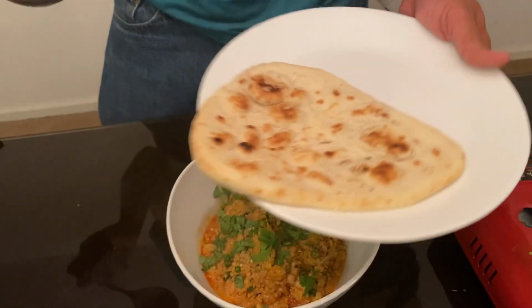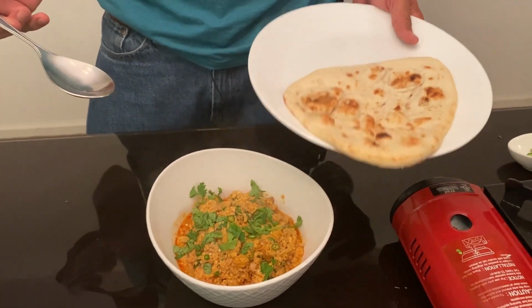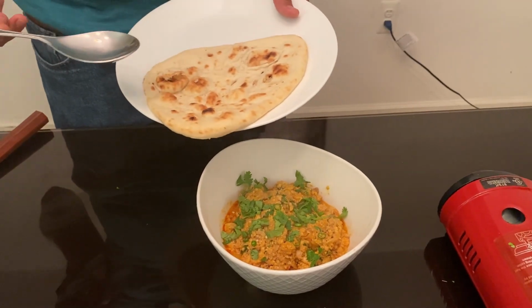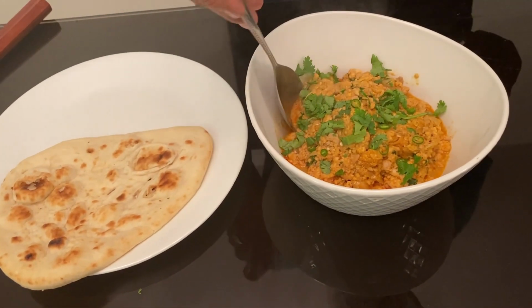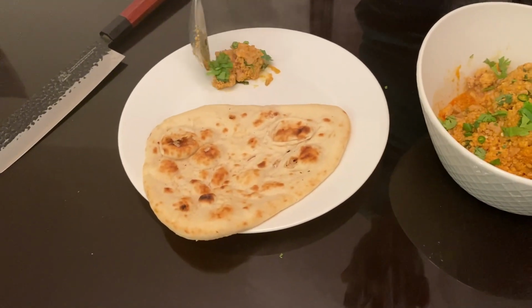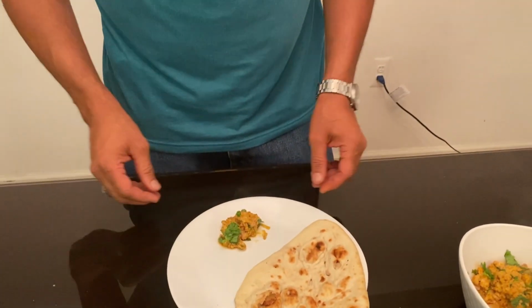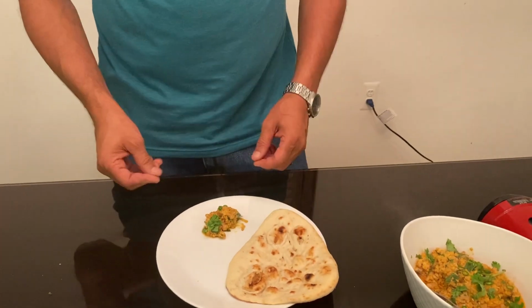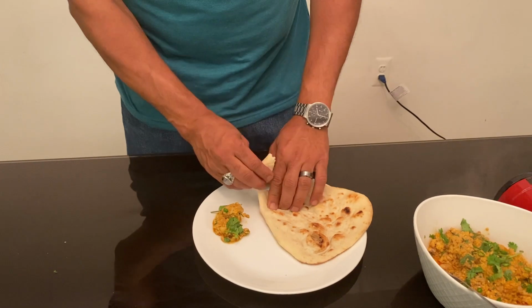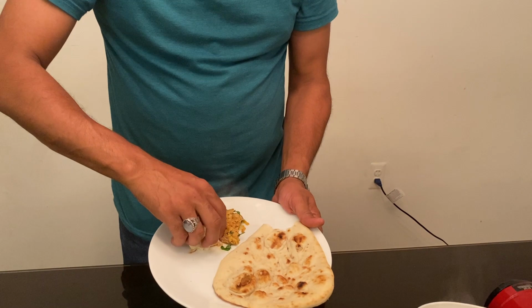Here I have a naan, which is a very common sight in most Pakistani restaurants, South Asian restaurants. You will find this very commonly. A lot of other restaurants are using these as well. These are called tandoori naan. We're gonna try to take out the best piece, put it up here. All right, the best way to eat this is I'm gonna use my hands. If you want, you can use a fork and a knife, but traditionally naans are always used with hands. You break it up with your hand, and whatever goes with the naan is gonna accompany that. So I'm gonna pick it up, take a nice wallop,